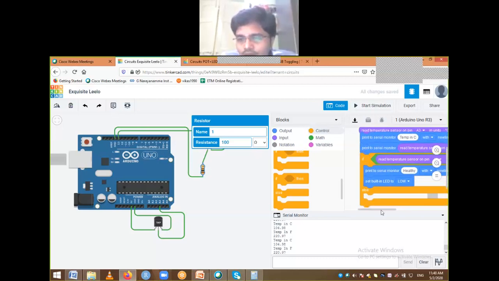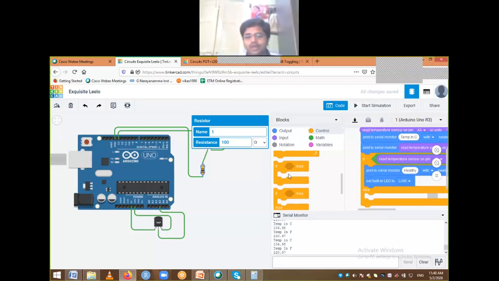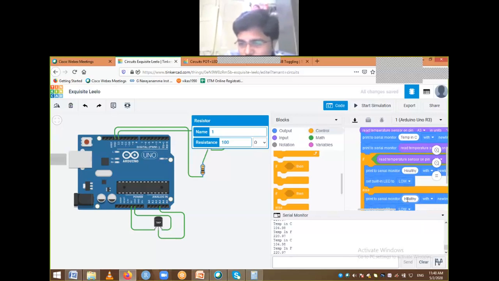Okay. I was just monitoring. Earlier I took this condition, if then, that works only if I have only the if condition and I don't have an else part. But I also have an else part, so I took this particular module instead of that one. Else, what I have to do: if temperature is greater than 98.4 Fahrenheit, I need to print unhealthy and I need to make the LED high. Okay.